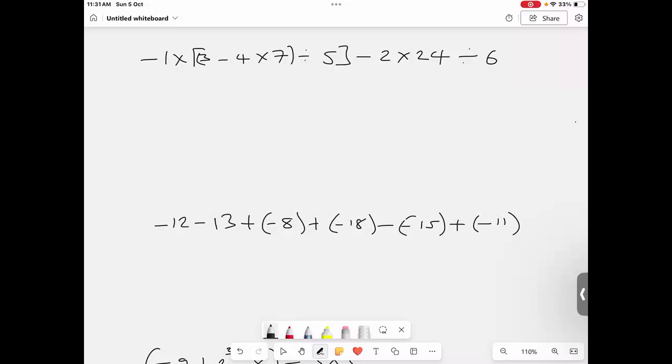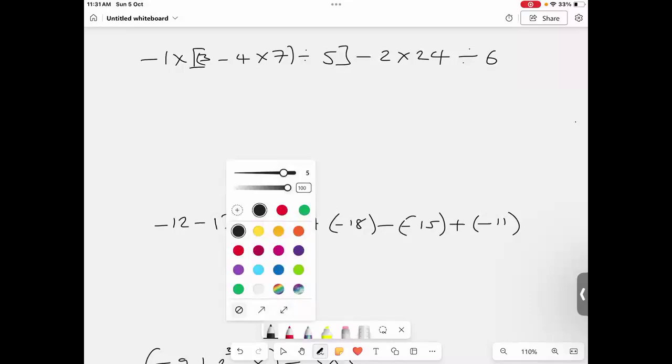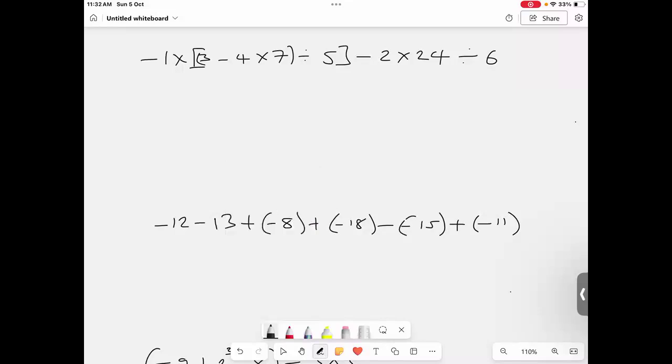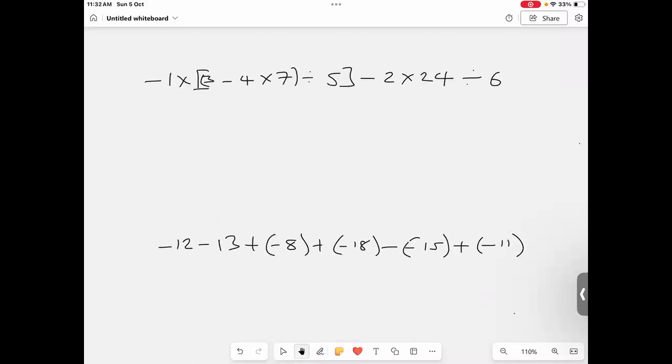Now on the screen here, you're seeing a question that says -1 multiplied by a square bracket, 3 minus 4 times 7 in closed parentheses, divided by 5, closed bracket, minus 2 times 24 divided by 6. All right, now what I always encourage my students to do when you see questions like these is to always try to write the PEMDAS rule right above, right? So you want to do something like this,